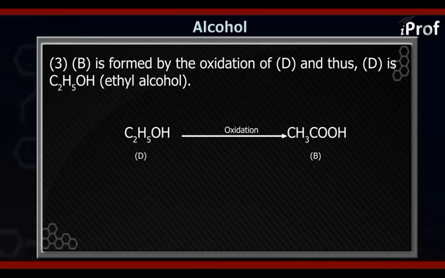So therefore the important information which you can extract directly is that if B is acetic acid and that is being formed by the oxidation of D with the KMnO4, that means KMnO4 is the reagent which clearly indicates that D is basically an alcohol. D is basically an alcohol. So therefore D has to be ethanol, because it is the only 2-carbon alcohol